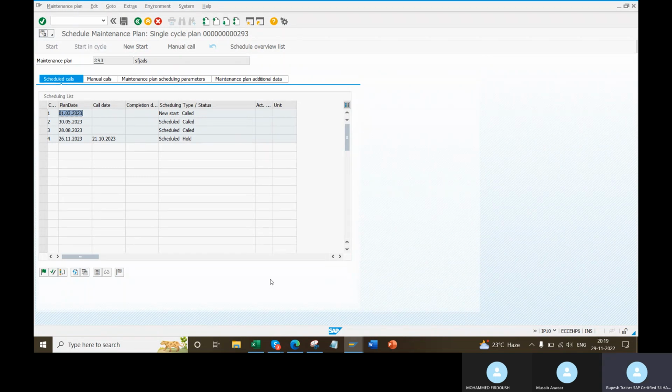Caller zone is the percentage of your cycle. Multiplication per cycle, that will be your call date, the work order generation. Work order generation and your work start both need not be the same. It depends on your caller zone. If 100%, it won't be changed, both will be the same. If 100%, nothing will change. Start date, plan date and call date will be the same.